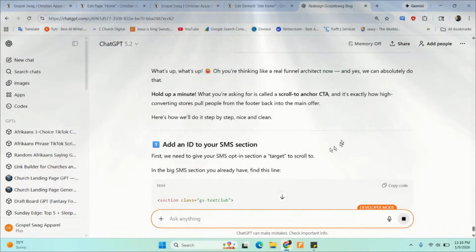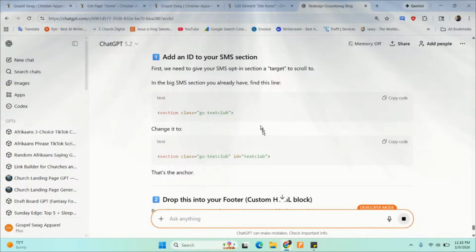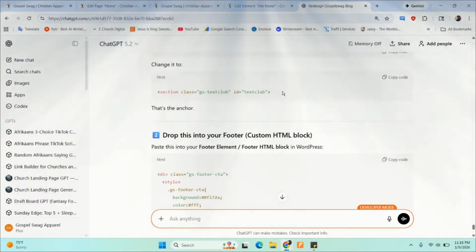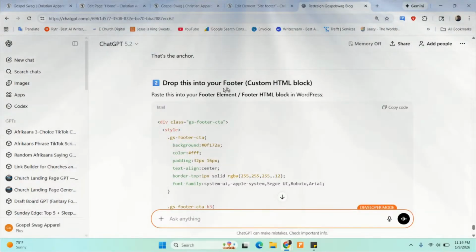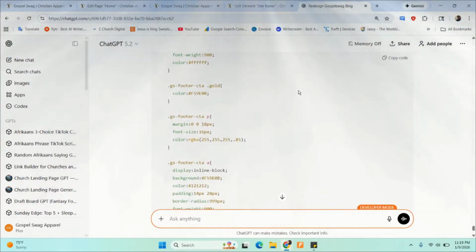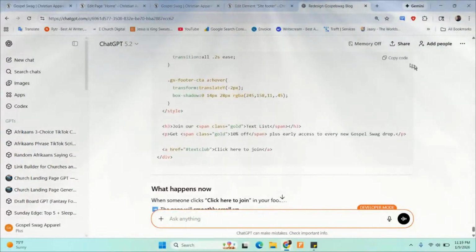Okay, so add an ID to your SMS section. Okay, first we need a target to scroll to. Okay, great. So we've got to work that. Drop this into your footer custom HTML block. Okay, cool. So we're going to work that. And then we have to